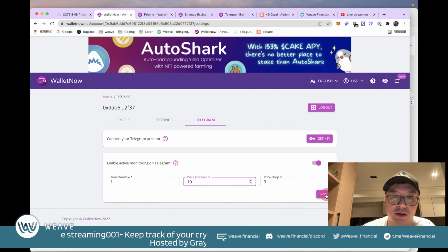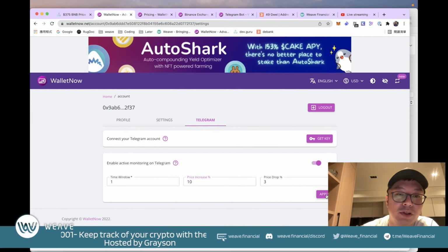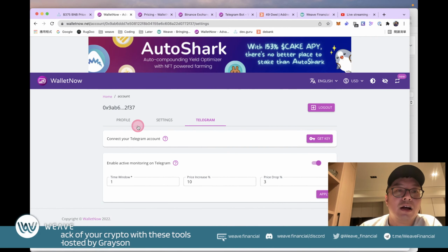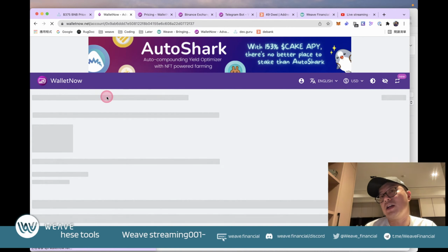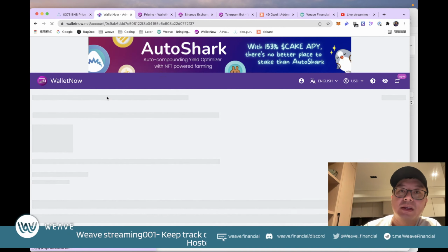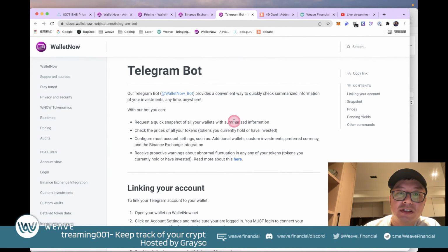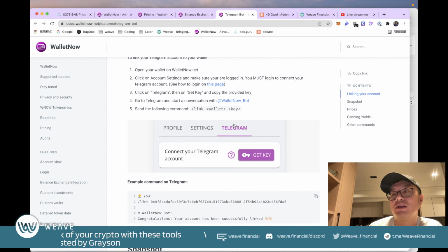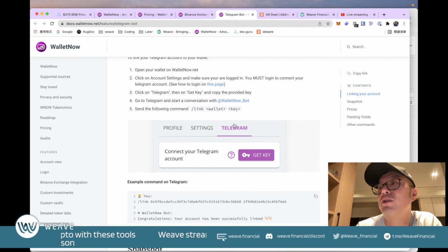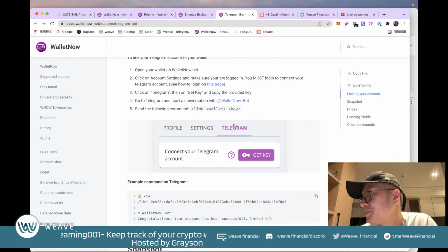The price increase is good, so only at 10% then you have to notify me. Okay, then you can go to the Telegram setting. They have a very detailed document to show you how to link to your Telegram, and you can receive the notification directly on Telegram regarding your portfolio. Okay,